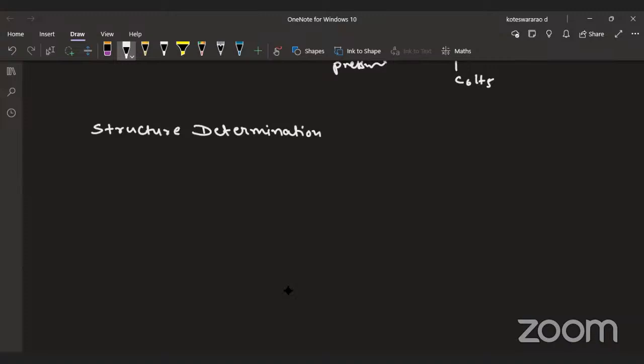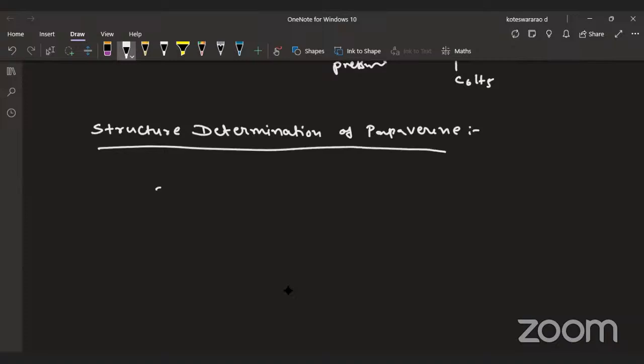Structure determination of papaverine. What is the source of that alkaloid? Papaverine is the alkaloid. This papaverine is isolated from